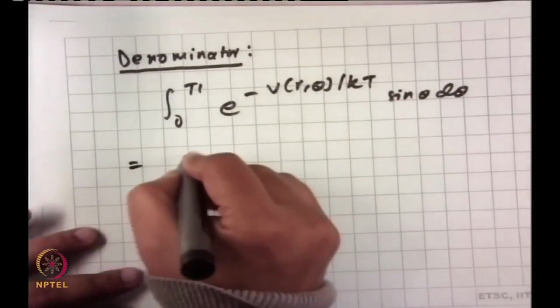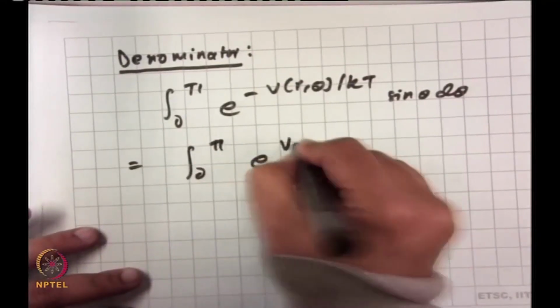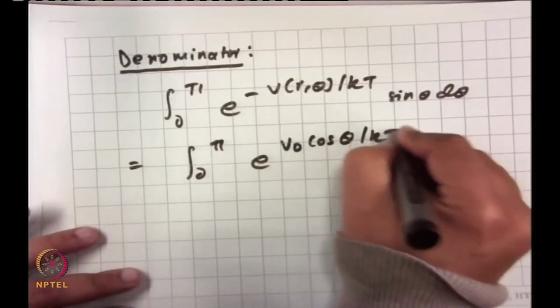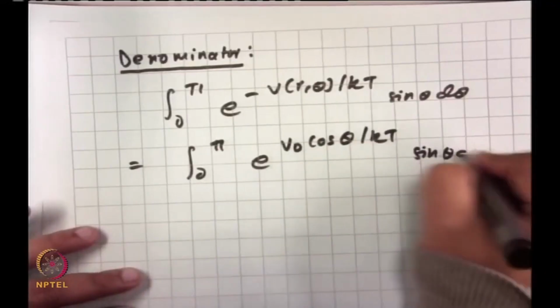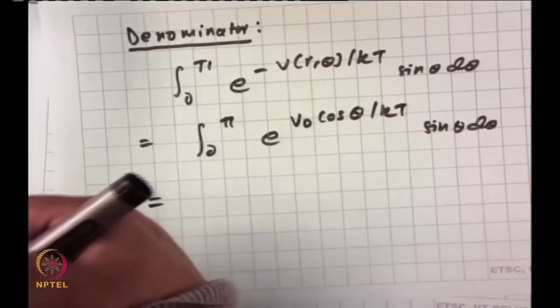So this is essentially again 0 to pi e to the power V0 cosine of theta over kT, sin theta d theta,